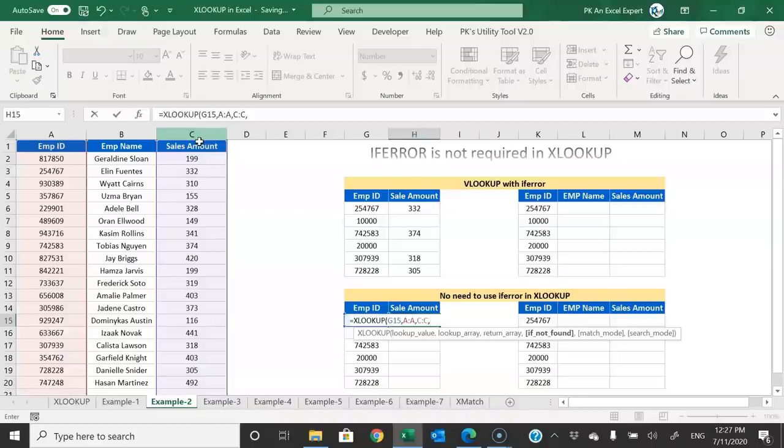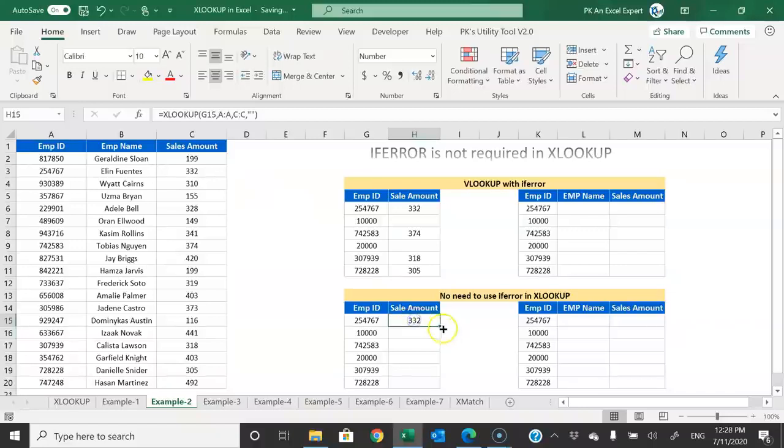That means if a particular employee ID is not found in the employee ID column, what should it return? I can put blank here, then it should return blank. Just close the bracket, press enter and you can fill this down. Here you can see it is automatically returning blank. And the same method you can use here also, like we have used in the previous example. Alright, now let's move on to the next example.